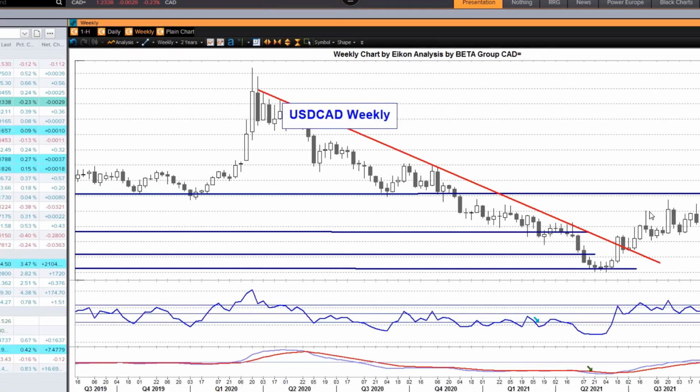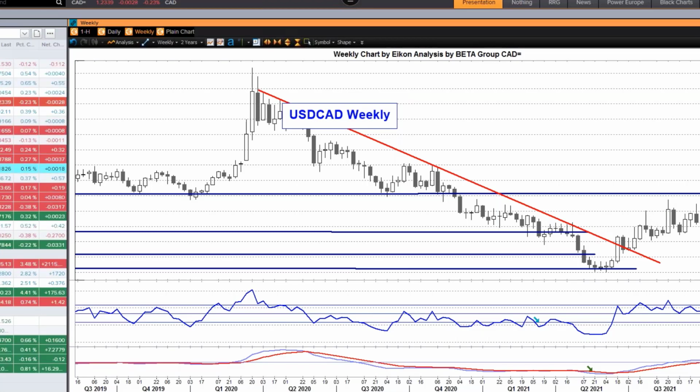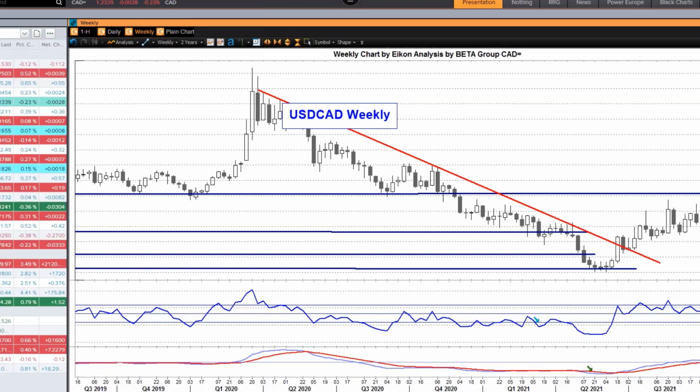Here's that picture on the weekly chart. We talked before about high, higher high, lower high, head and shoulders top in place, with 122 as the target for that. But the picture here on the weekly chart is bearish for the dollar, bullish for the Canadian dollar. And then going back to the daily chart,